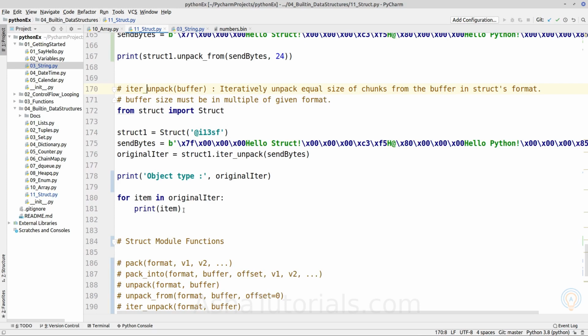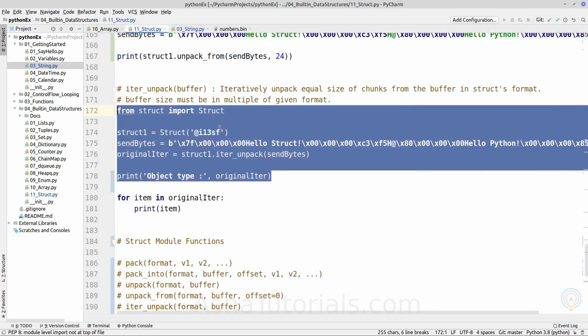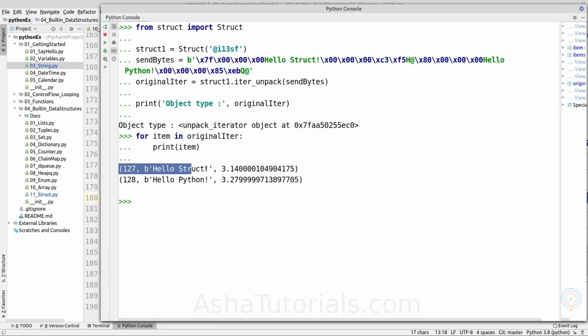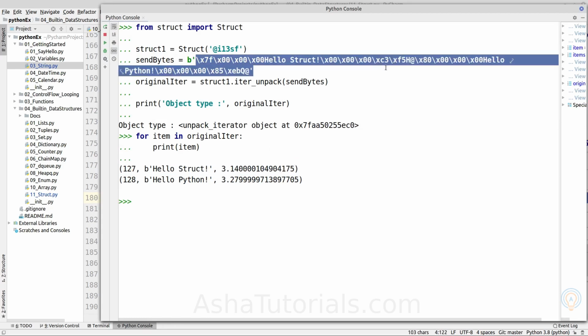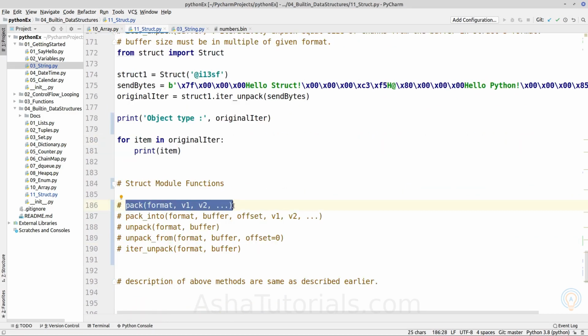We will iterate over them and print each element in a for loop. First we extract the object and check its type. We can see it returns an unpack iterator object, so we can iterate over it using a for loop. If we execute it, at each iteration it returns a tuple object converting each struct element inside the byte object.